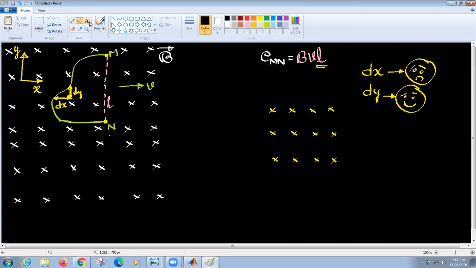I just take one more case. Let me take this color. I'll take the same shape, some random shape. This is M again, this is N again.